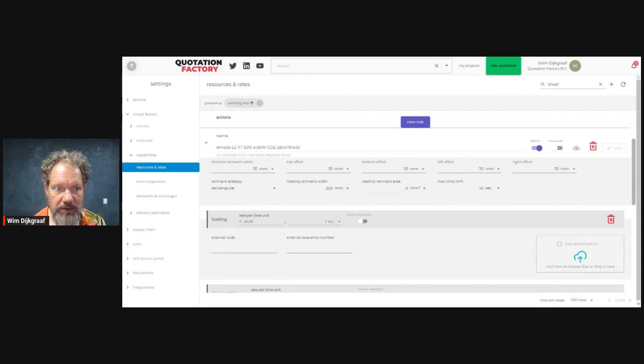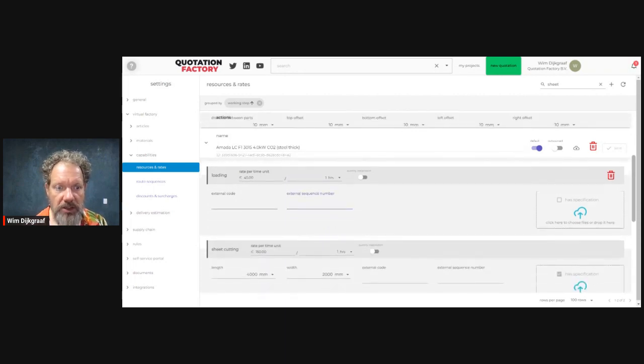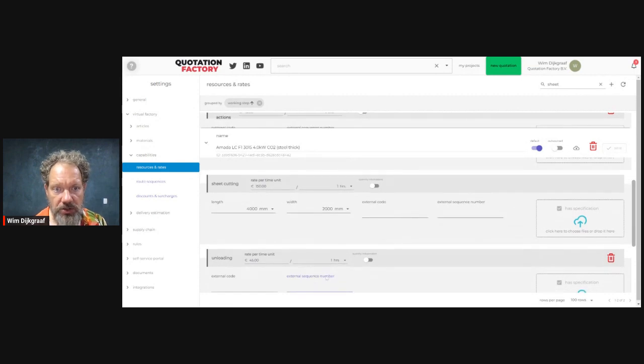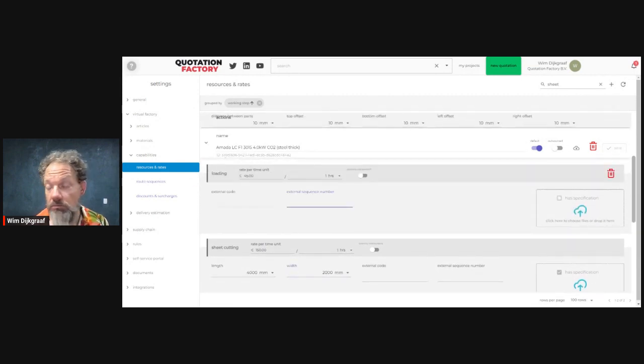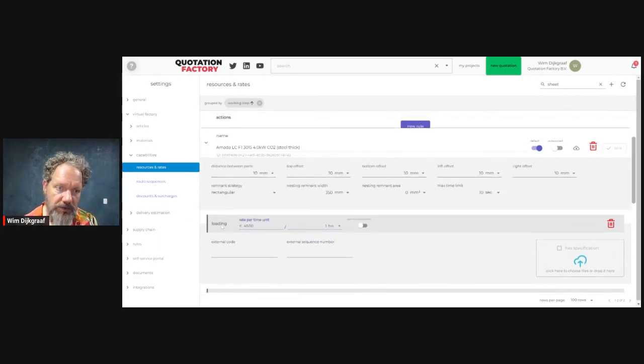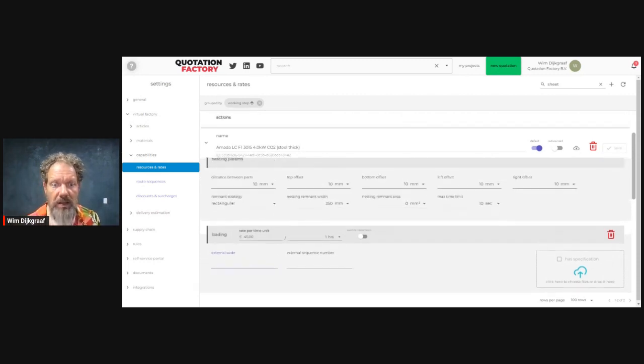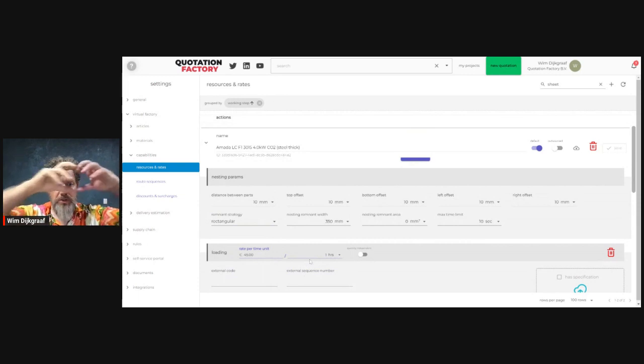So for every activity like loading, sheet cutting, unloading, these external sequence numbers are configurable. And that doesn't influence only the order of this mini activity, but also the order of the complete route.